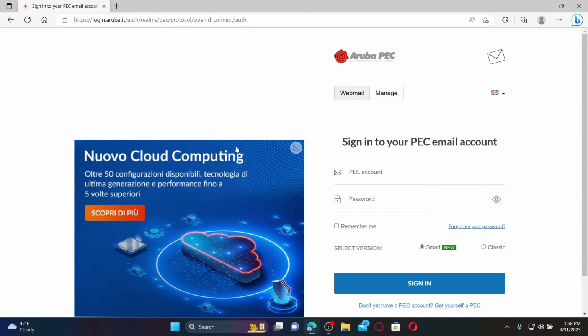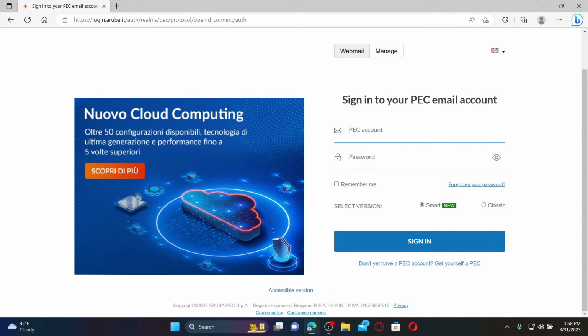To log into your account, go ahead and enter your PEC account information in the first text box. You'll need to type in your username associated with your account and type in your password in the next field, correct. If you've forgotten your password during logging in, click on the Forgotten Your Password link and follow through the